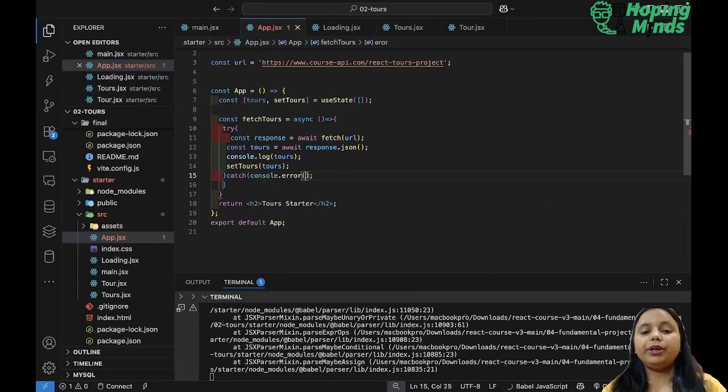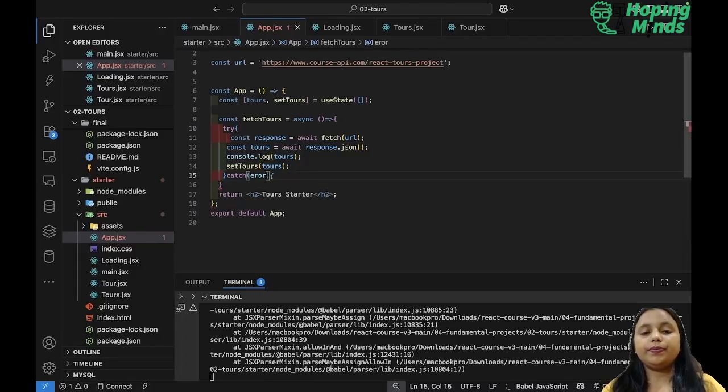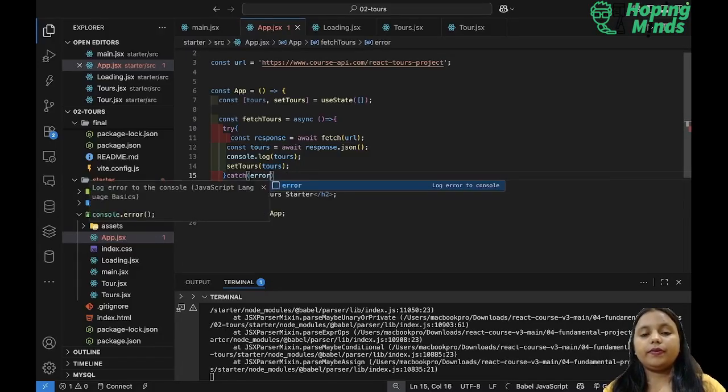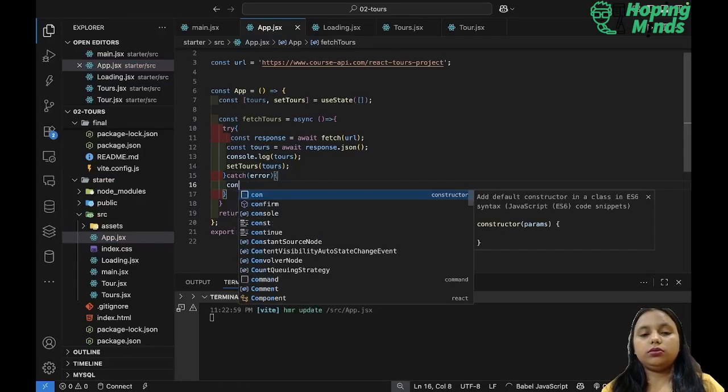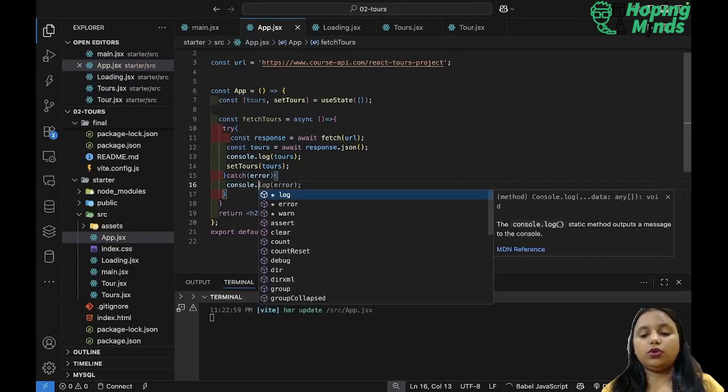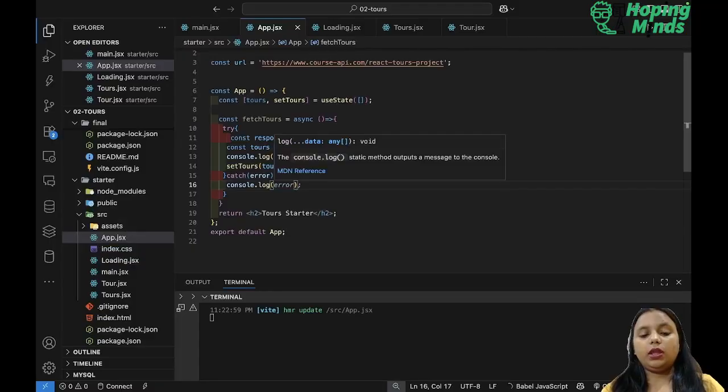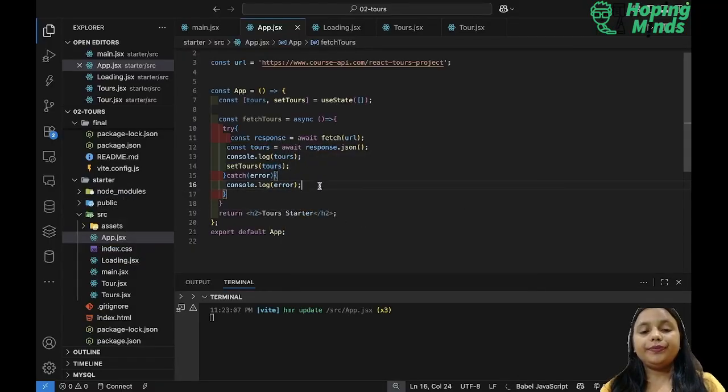Okay, we are going to print that error basically. So we'll say console.log any kind of error. Okay, so now let's use our useEffect to call this particular